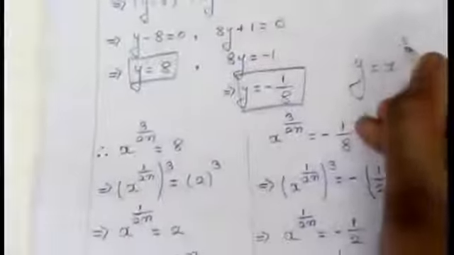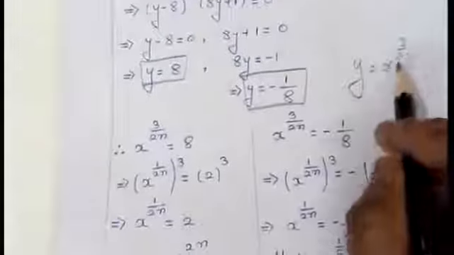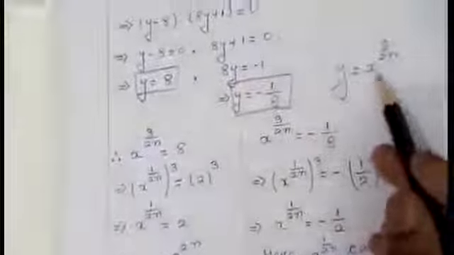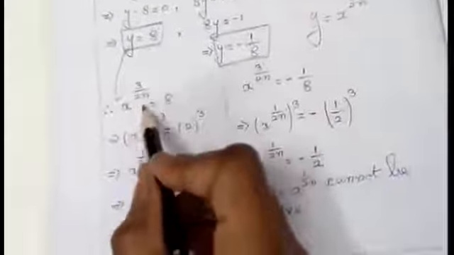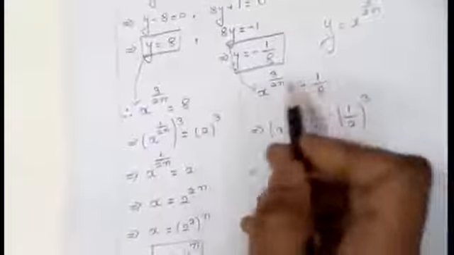Now in place of y, what is the value of y? We have replaced, in the first one, x to the power 3 by 2n. This is our calculation method. What did we do? We did a replacement. We put y in place of x to the power 3 by 2n. We found the answer for y. Again we replaced that y in the original question. Now in this place also, we replaced y with x to the power 3 by 2n, students. After replacing, I'm making a little adjustment. What I'm doing here is, 3